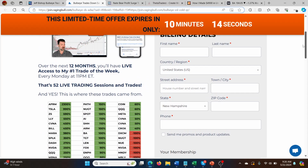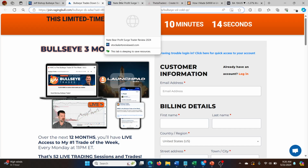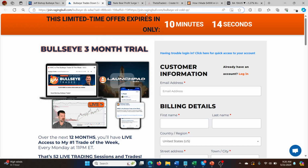We're struggling in the down market a little bit, but this trade has kind of reinvigorated my enthusiasm about Bullseye Trades in general. If buy side trades like this one are still not for you because they're so inconsistent,